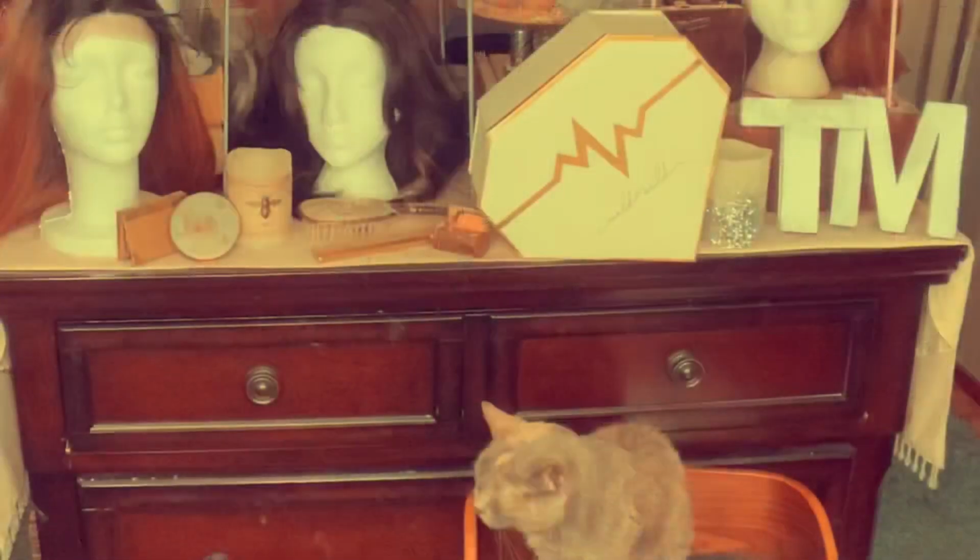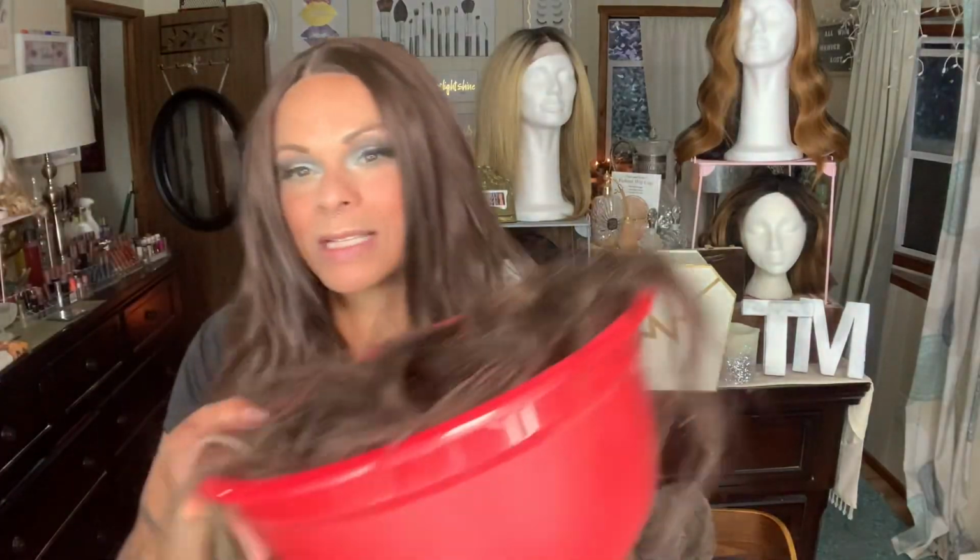When I wash my synthetic wigs, I put them in a bowl. So these chicks need to be washed. I got this bowl from Walmart for like $1 in the kitchen section. I like it because with this coating, when I dye wigs and stuff like that, it doesn't stain. So I will use a little bit of Tide Free in here, and then also Downy, because